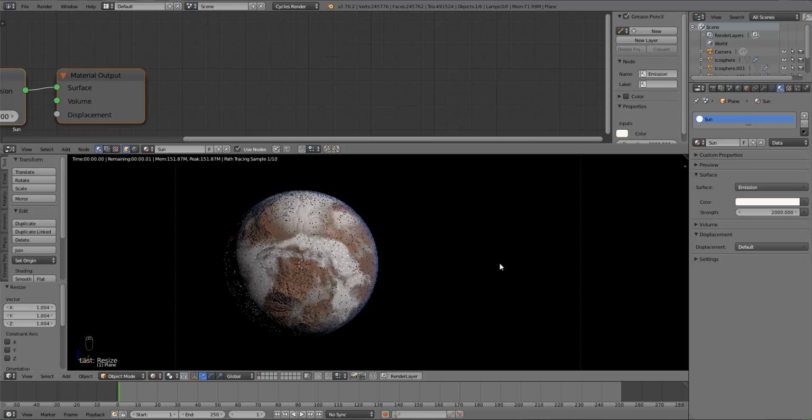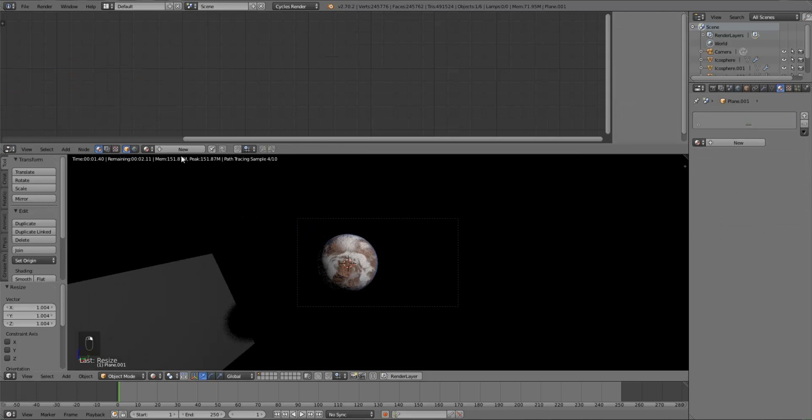And that's already much brighter. It looks a lot better. Yeah, that's probably a pretty good factor. I'll try 2,150. When you get it too bright, though, you'll have to go in here to the other plane,